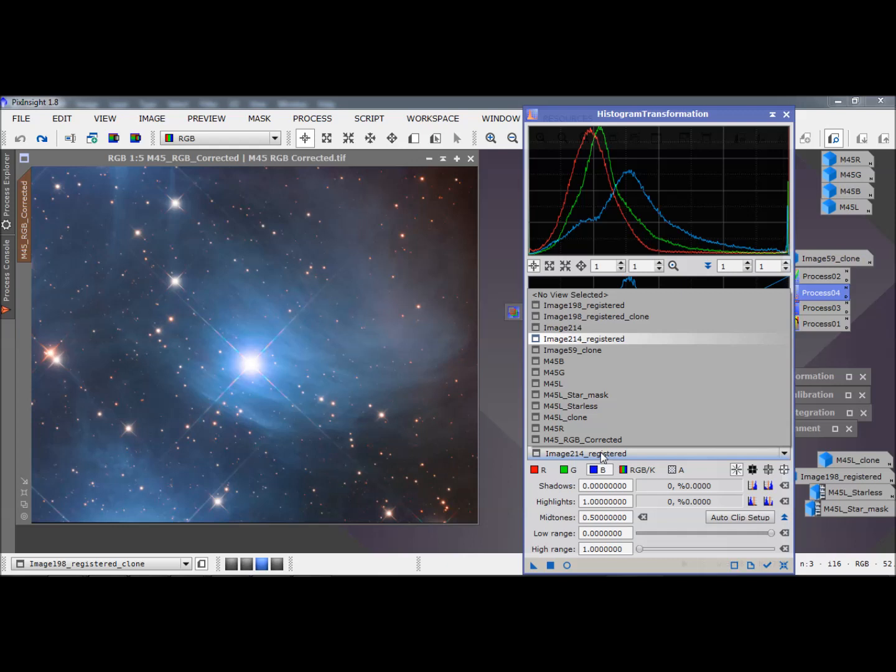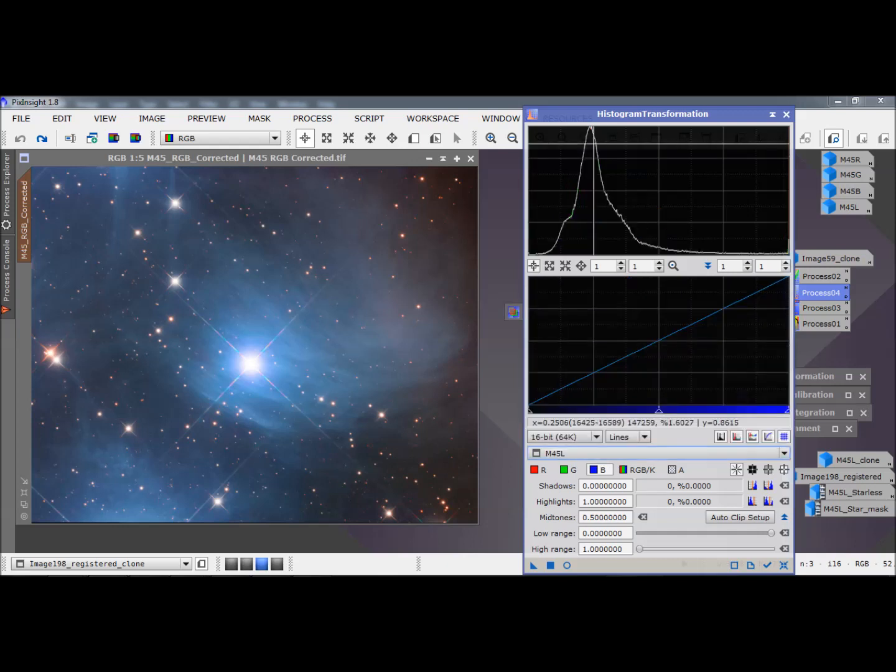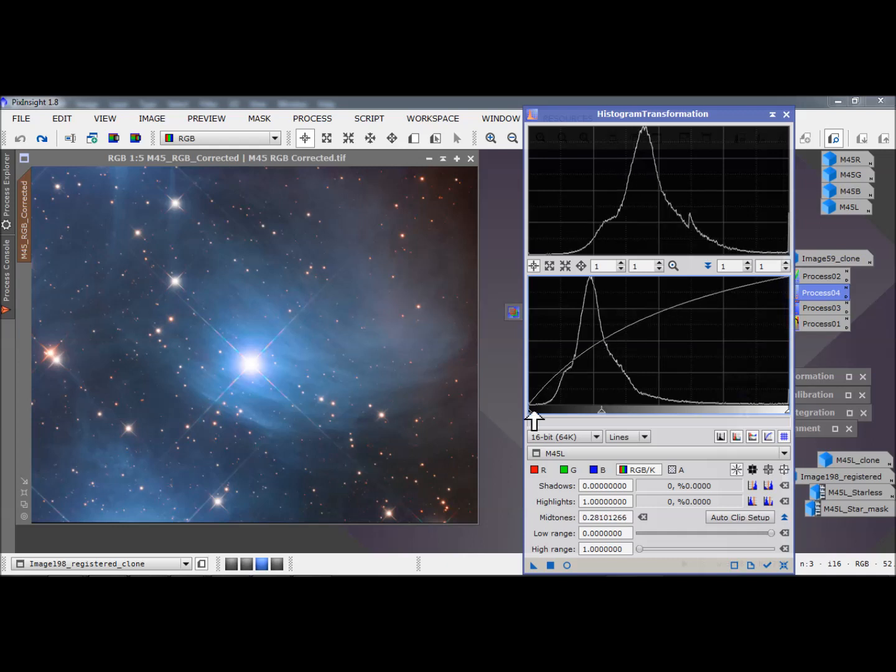If we look at our luminance, it's stretched about the same evenness. So when you apply the luminance, it's going to give you a fairly good matchup as far as your data goes. If your luminance is way overstretched, if it's just way bigger as far as the total area under this curve,